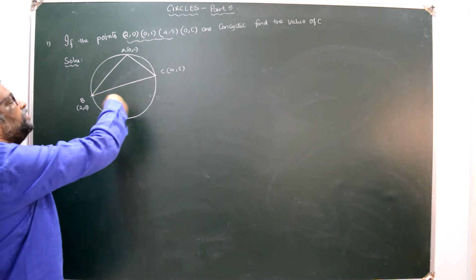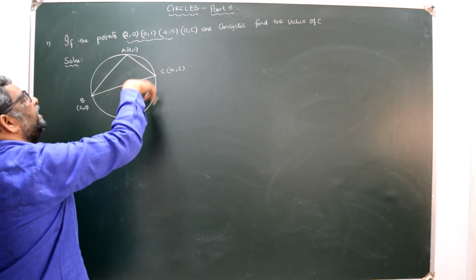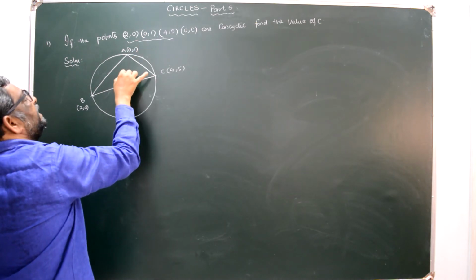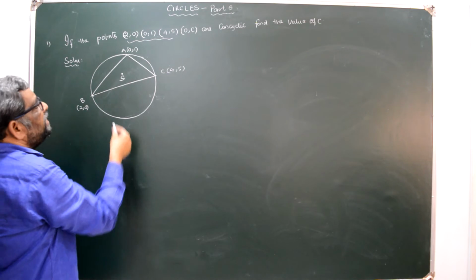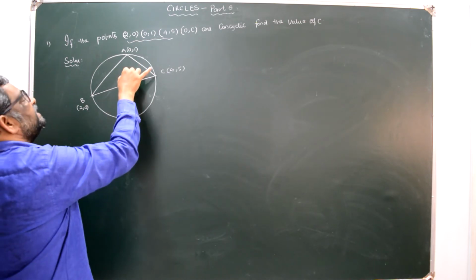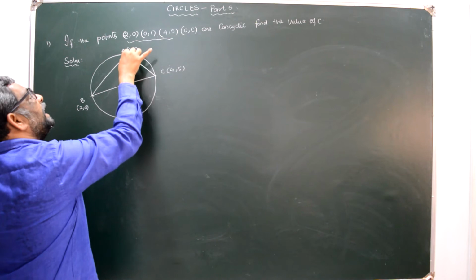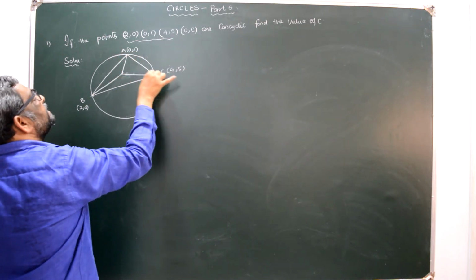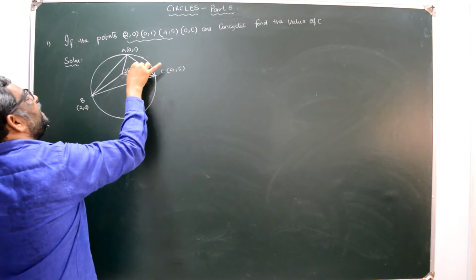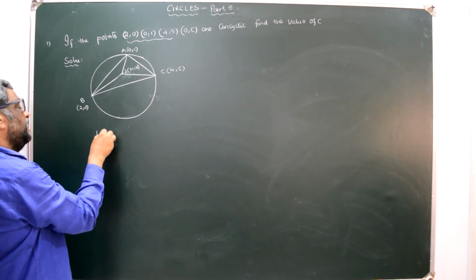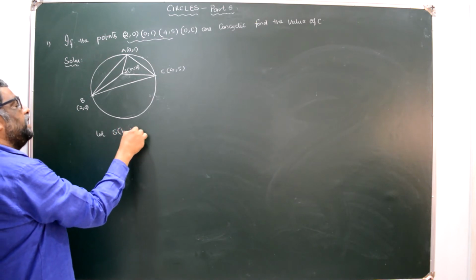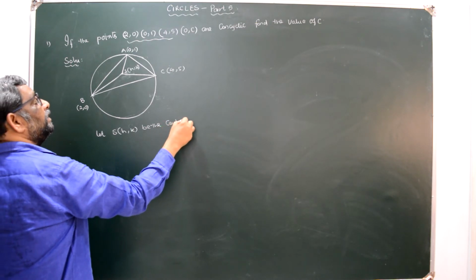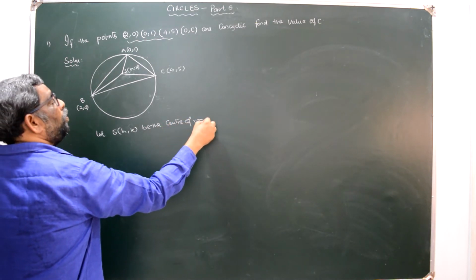Now the circle is passing through the vertices of this triangle and hence is called a circumcircle. Therefore its center can be taken as the circumcenter. Circumcenter is equidistant from all the vertices, so I can say SA is equal to SB is equal to SC. Let S (H, K) be the center of the required circle.